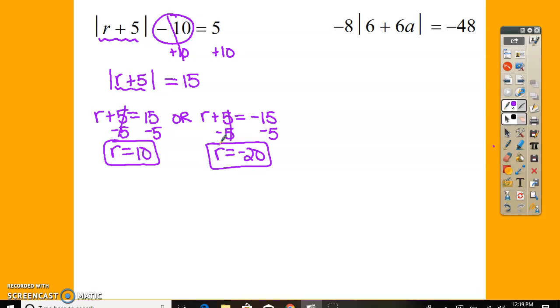Okay, I'm going to do another example. Same type of situation, a little bit of a different first step, but again, we have to isolate the absolute value. So in this case, my 6 plus 6a is the piece that I need isolated. So I have to get rid of that negative 8. Right now, the negative 8 is being multiplied times the absolute value. Okay, there is currently multiplication happening. So to undo that, both sides need divided